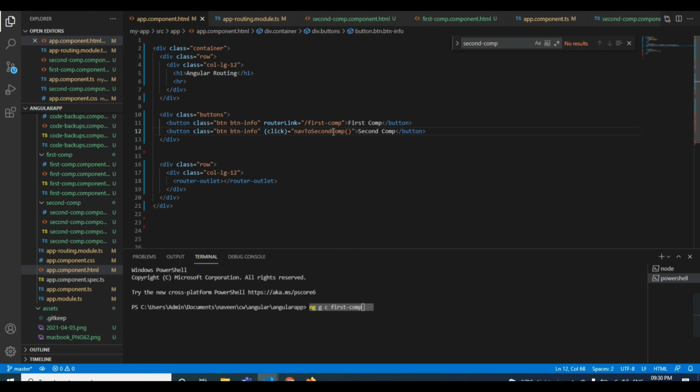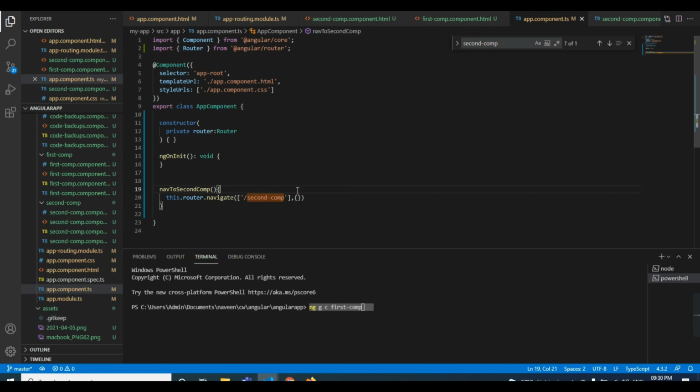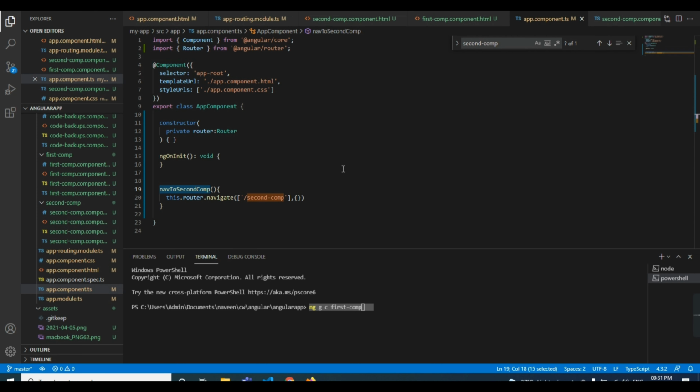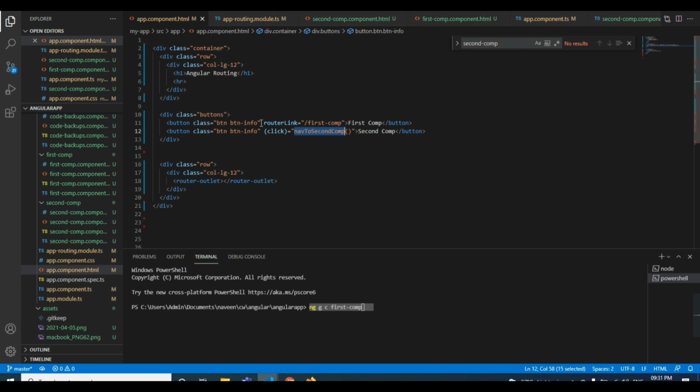Most people will use the functionality because they want to pass some data, or after doing some action they want to call this function and navigate to a route. That is the reason few of them will use the function. If I don't want anything and just need to navigate from one page to another on click, then we can use router link directly.